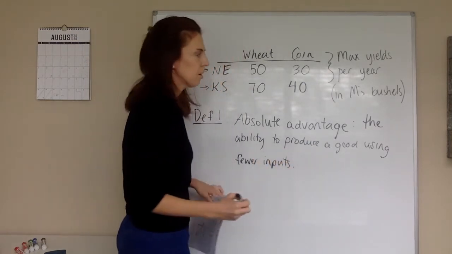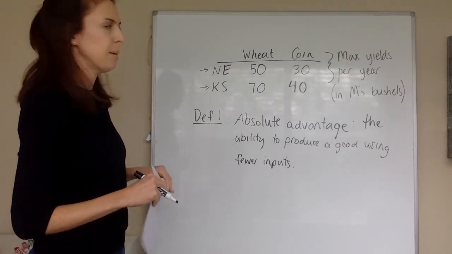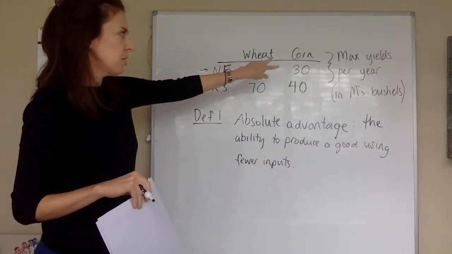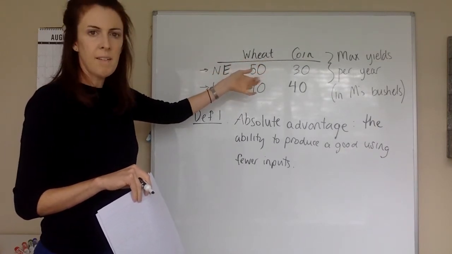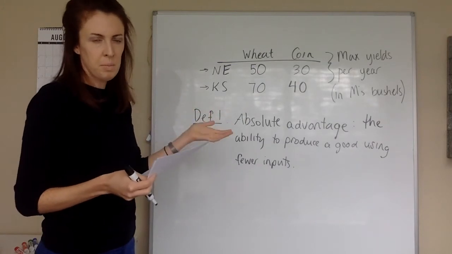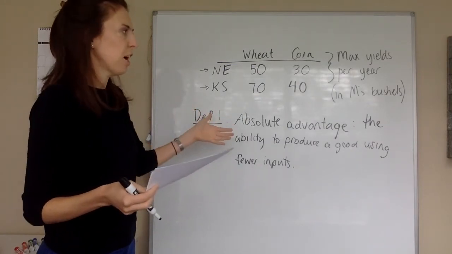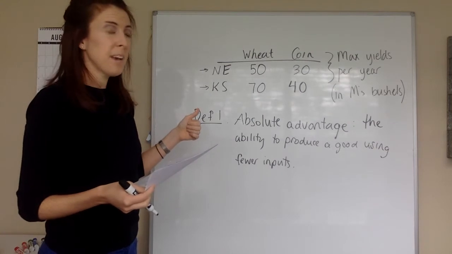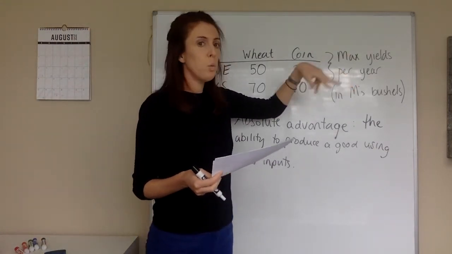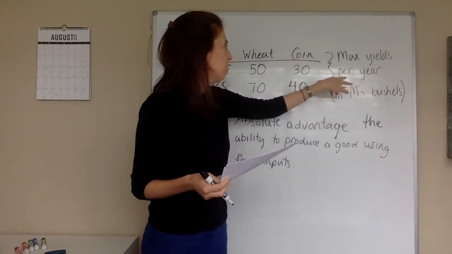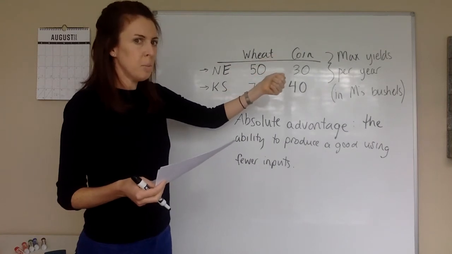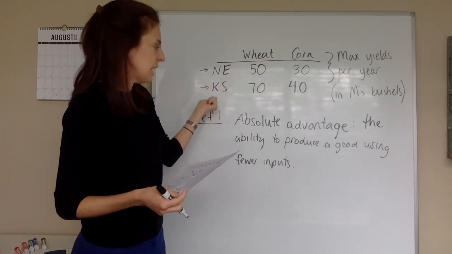Okay, now let's think about this in the context of farming. So both Kansas and Nebraska can produce these two goods. What are the inputs they have? Well, they both have land. The size of Kansas and Nebraska are pretty much the same, so they're starting with basically the same geographic space. But then the other resource they have is time. So these are yields they could get in a year. So if we gave them more time, like 2 years, then they could double their yield. So time is really the main input that we're giving to these two states.